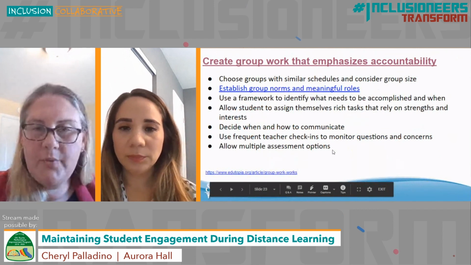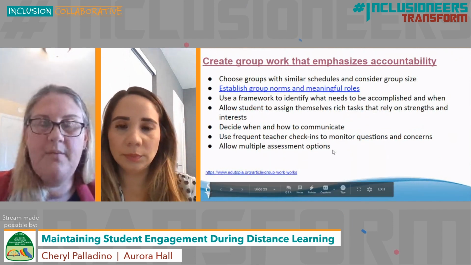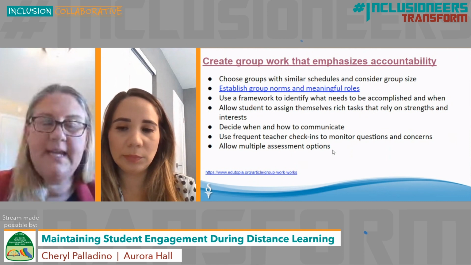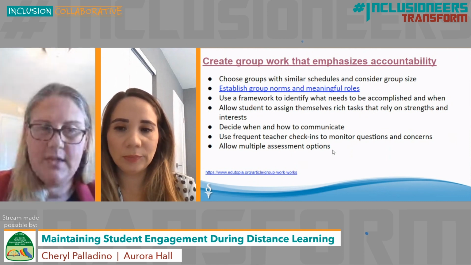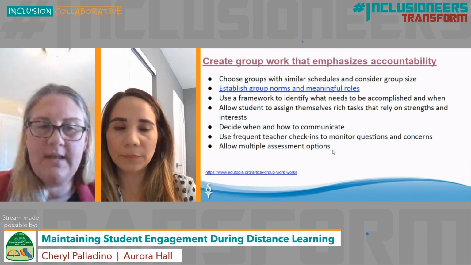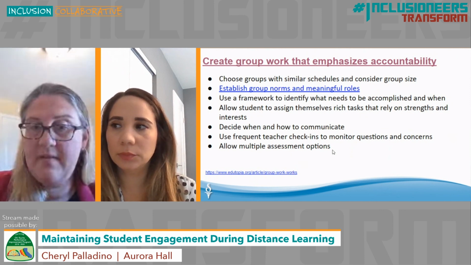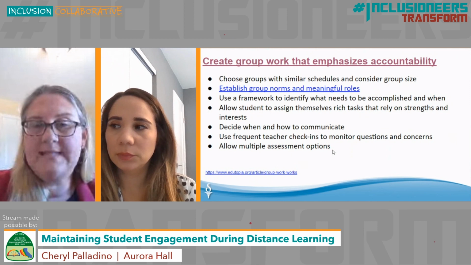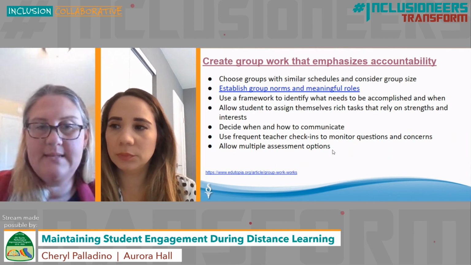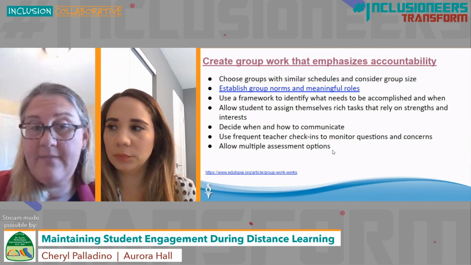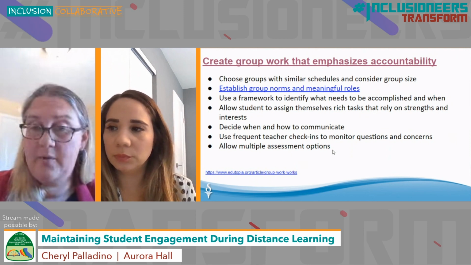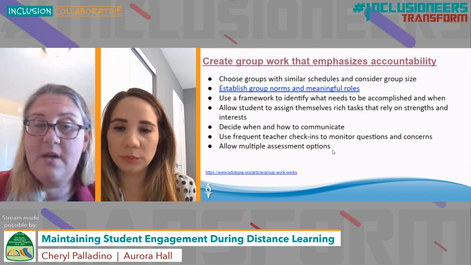So creating group work is also very important. It was important before distance learning, and it is still important. We want to encourage collaborative work between students. This is a powerful thing that can build capacity skills in a number of ways. And it can also be problematic if students are not held accountable and if systems are not set up and